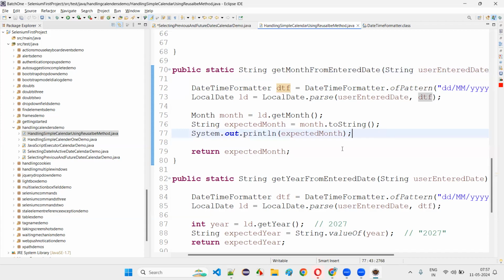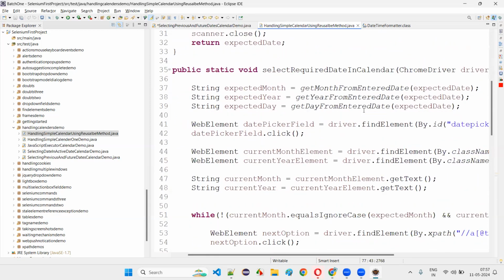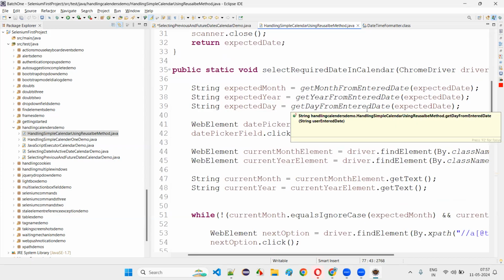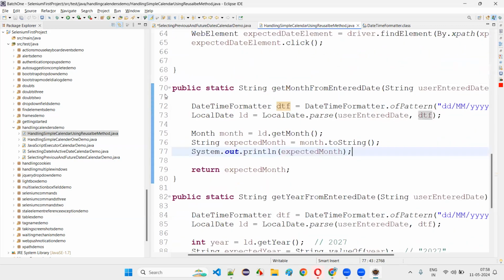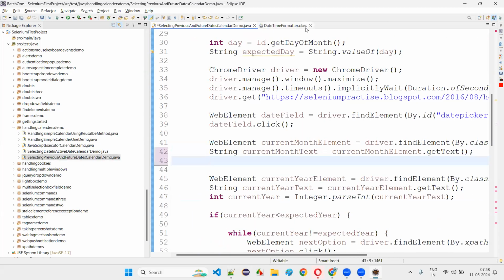Okay, this will not work for us, guys, because we have to go either backward or forward, right? This logic will not work for us. If you are going only one direction, this logic will work, but we have to go in either direction. Okay, so